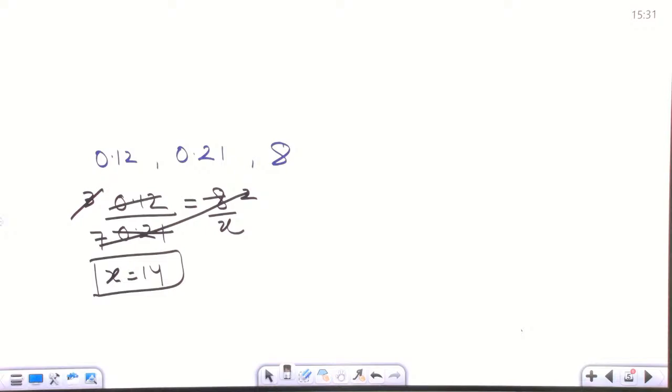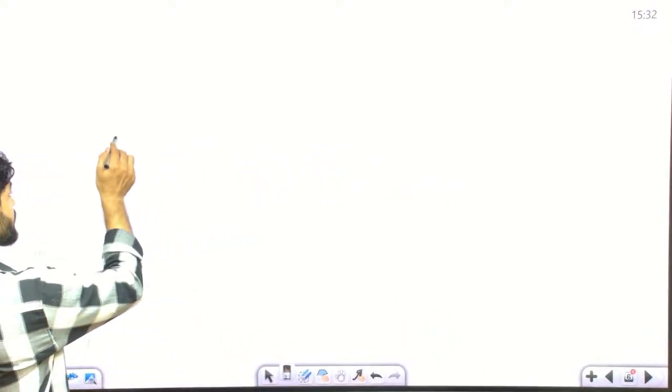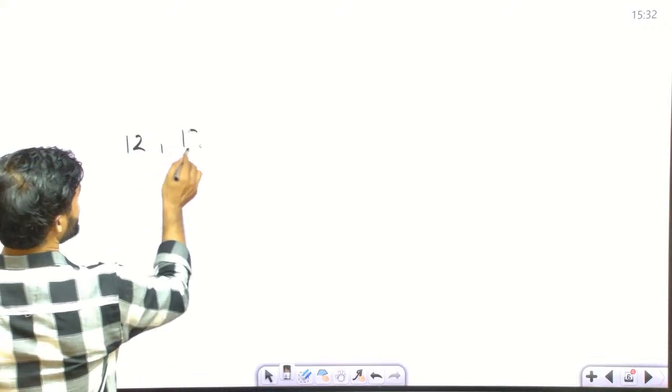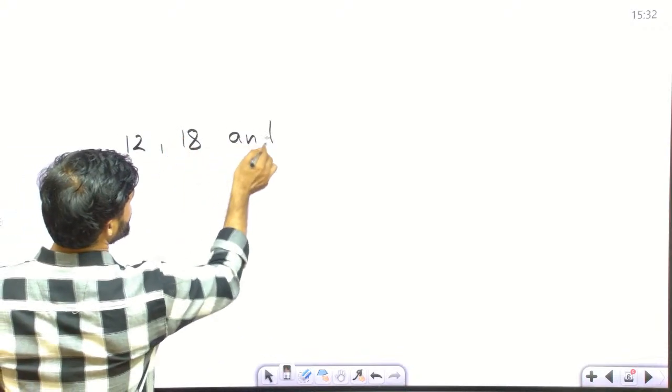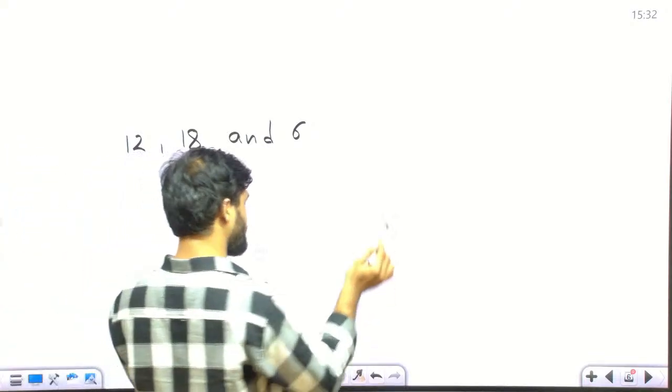Now you have learned the basic things about proportion. The question we are going to do was asked in CGL 2021. Write the question. Fourth proportion to 12, 18, and 6